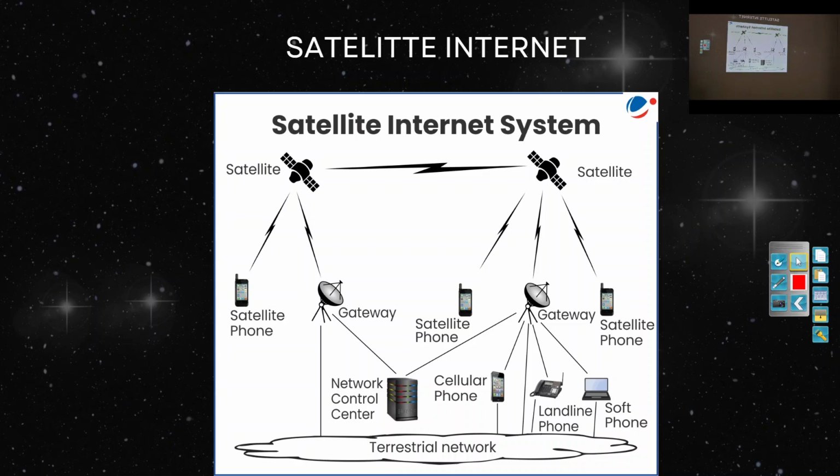But what is the drawback? This should have a clear line of sight, because if there is something coming in between, then it cannot transmit that internet, wireless internet or data signals. So that is one drawback. And latency is the time taken by the signals to travel. In optical cables latency is very low, so that our internet speed is very fast. But here it will take some time for the signal, because it has to come from the satellite to the ground. So there will be some latency.